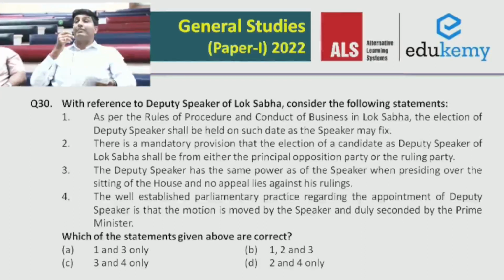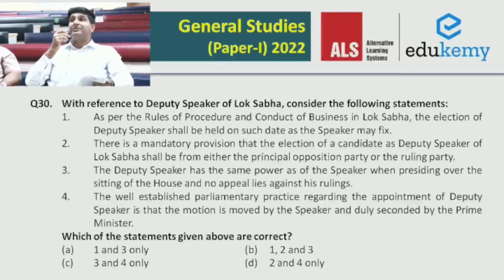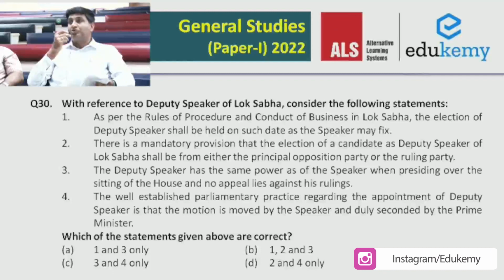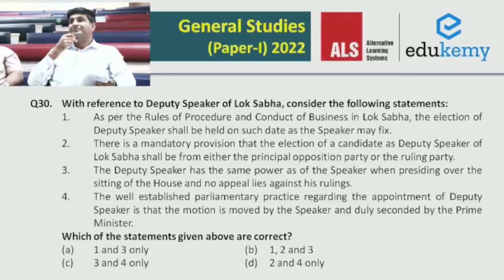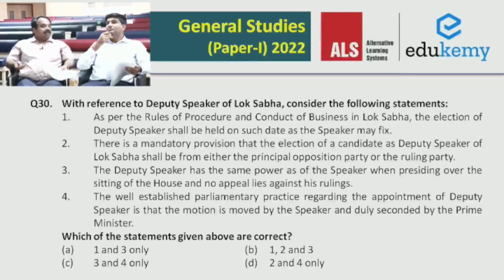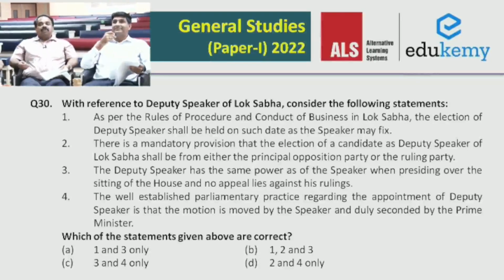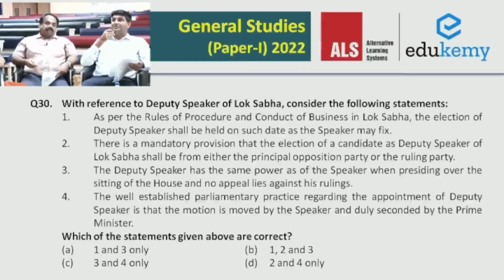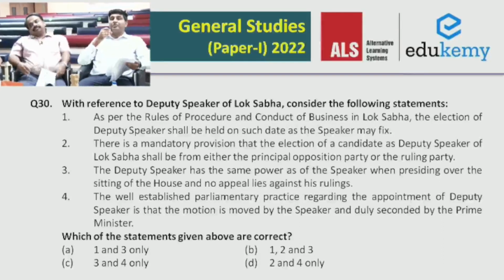No, there is no mandatory provision. There is a practice that the Speaker is from Treasury and Deputy Speaker is from opposition. But many times we have seen the tradition not being followed whenever the relationship between Treasury and opposition was very hostile. It is more like a British convention rather than a rule. There is no rule, but now we have no Deputy Speaker at all. Forget about the rule or anything. The government is not even willing to have a Deputy Speaker in the first place right now. Anyway, yes, so statement 2 is wrong.